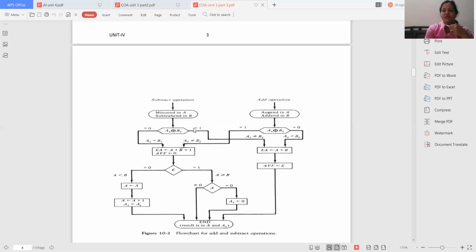So these are the two cases of addition, and the remaining is left in subtraction when the signs are not equal. So this is the case when AS XOR BS gets the value 1. That means the signs are not identical. In that case, what will happen? It will be doing this A plus B, because subtraction can be converted into addition, like A minus minus B gives A plus B. So this A minus minus B will become A plus B here. Overflow is taken by E, and the final calculation is done, the result is stored in A, and the sign of the result will be stored in AS, right? So this is the flowchart for the add and subtract operation.